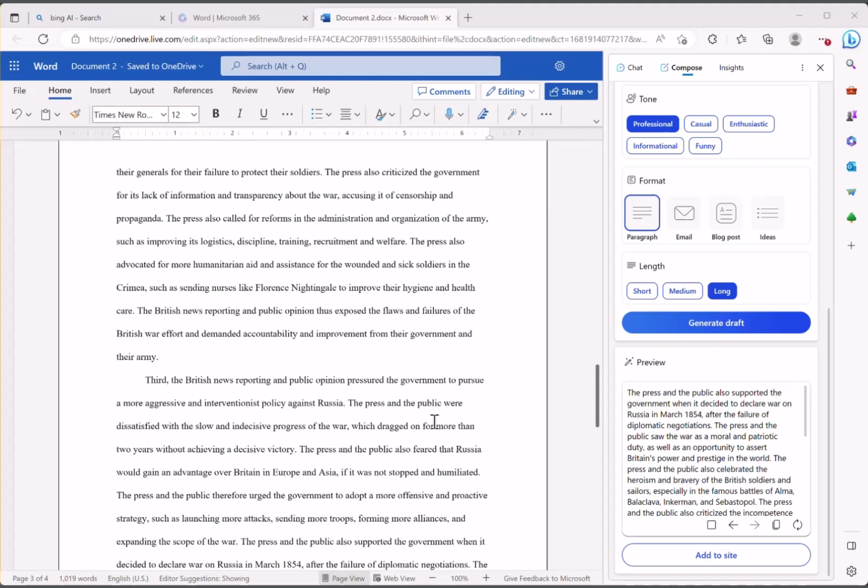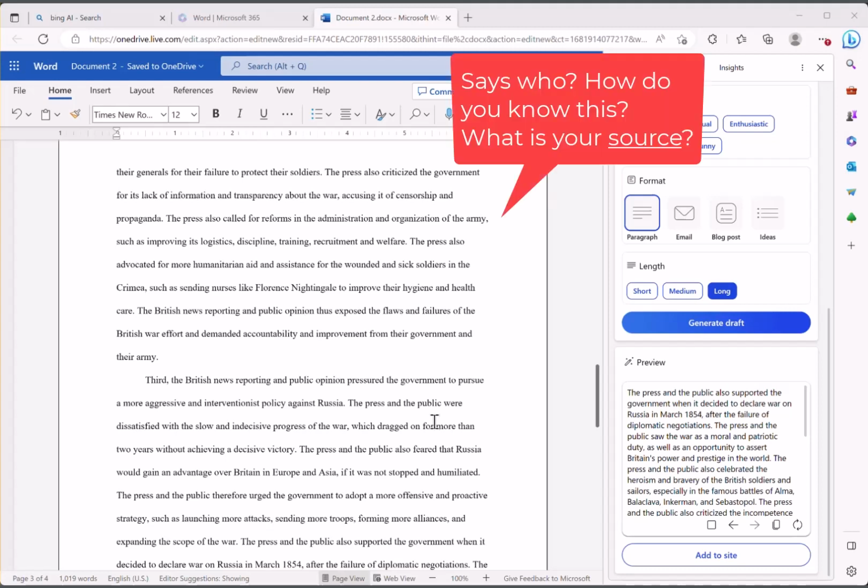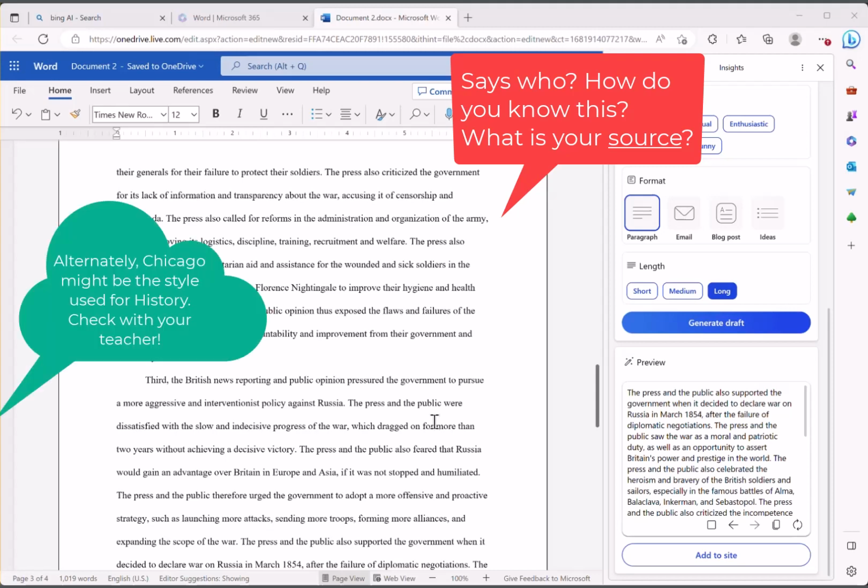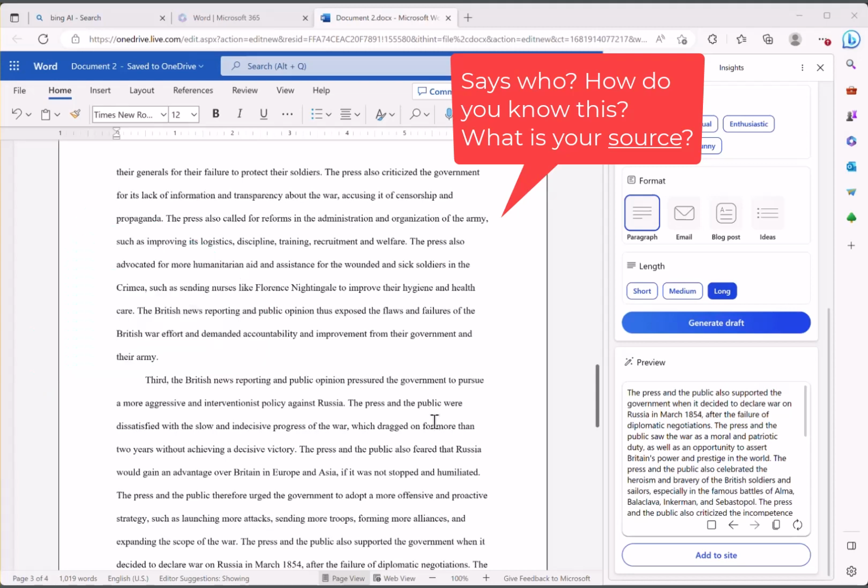This is one of the trickiest parts of developing a research academic essay: clearly citing sources in the body of the essay, called in-text citation, using the appropriate format for the discipline. In this case, MLA, or Modern Language Association format. And how could you adequately go back and insert research sources into a completed essay? Well, AI can help you do that too, as I'll show you in a few minutes.